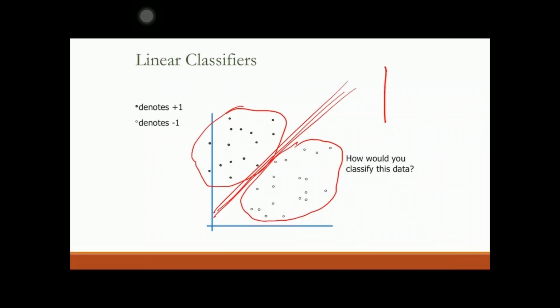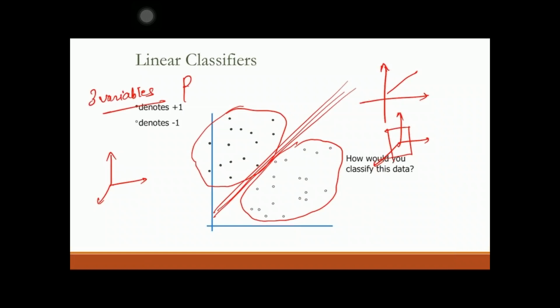In a two-dimensional space, a line is a hyperplane. In a three-dimensional space, a plane is a hyperplane. In a four-dimensional space, a three-dimensional plane is a hyperplane. After three dimensions, you cannot visualize, right? So we'll not go into depth. Let's say whatever your dimensions are. For example, let's talk in terms of variables. If there are three variables,